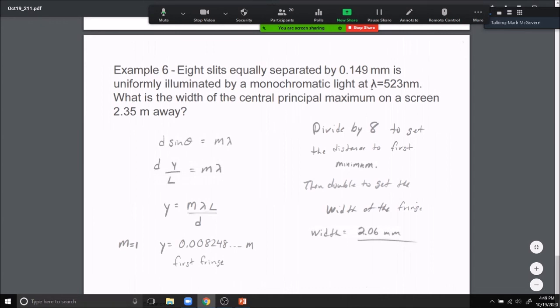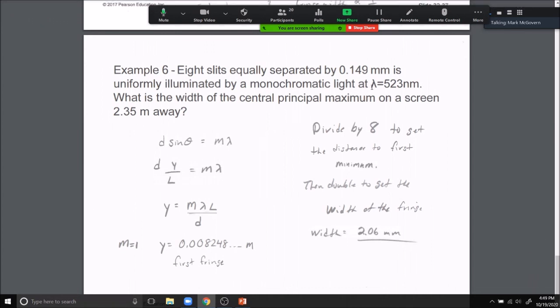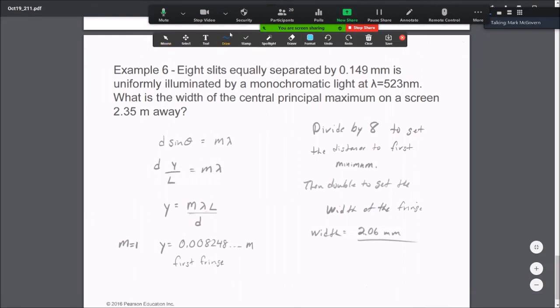Okay, here we go. 8 slits separated by 0.149 millimeters. That is the value of D. It's uniformly illuminated by a monochromatic light of 523 nanometers. Okay, good. What is the width of the central principal maximum on a screen that is 2.3 meters away? Here we go. All right, we start with our